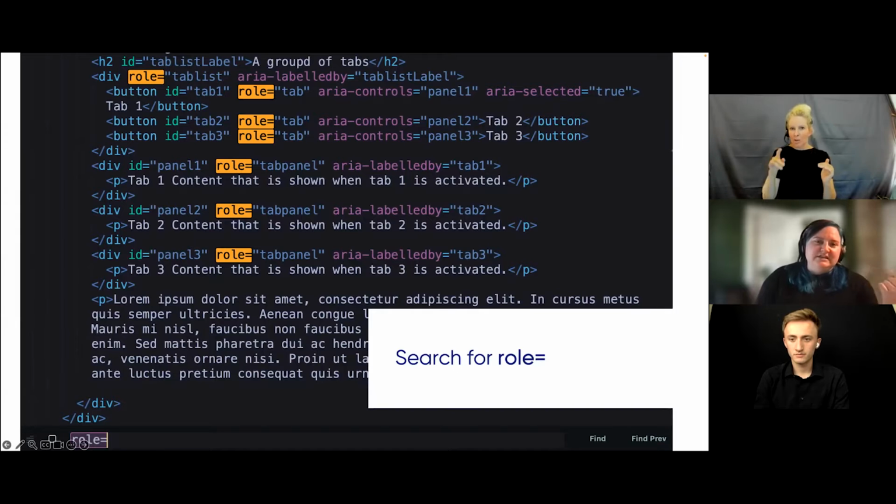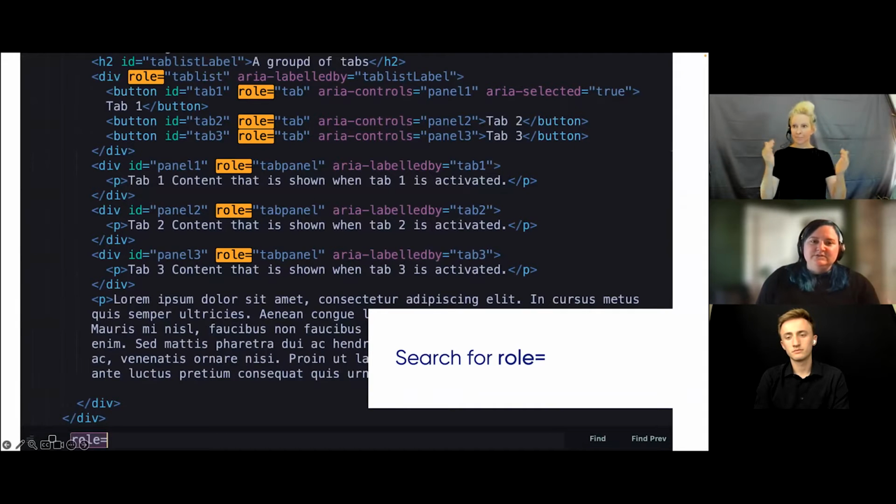But I want to make sure that in this code review all the right roles, states, and properties exist in this component or composite widget, as ARIA states. So I would probably, at this point, if I'm not super familiar with this, pop up the ARIA patterns guidance document that's out on the W3C and compare them, right? Just straight up compare their examples to this.